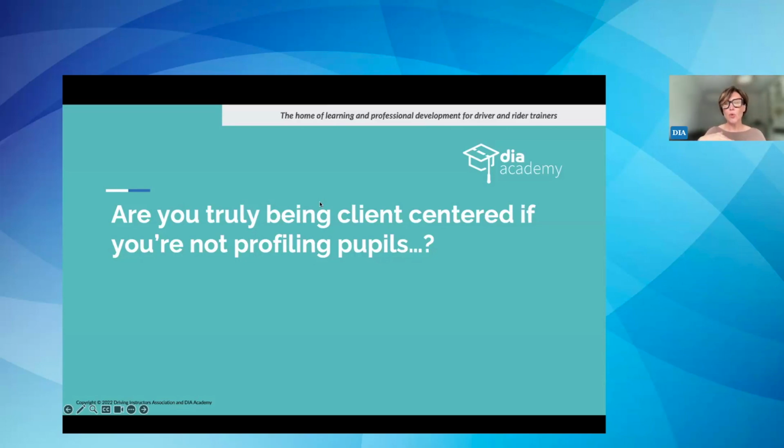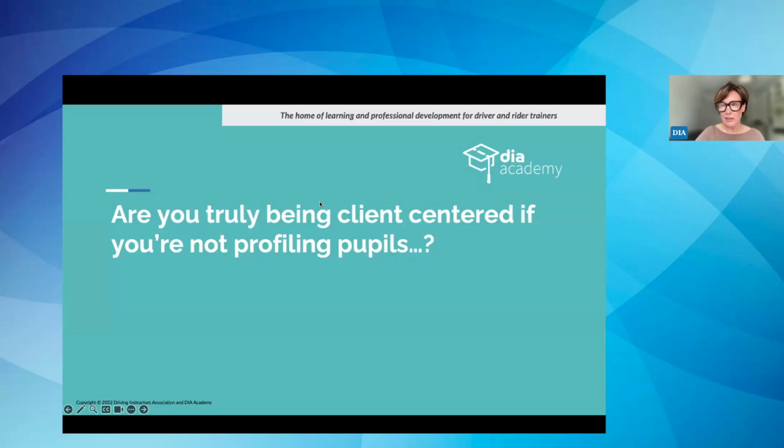Thanks guys for doing that. And again, we're all in the learning journey here. So input your experiences to DIA directly on using pupil profiles, questionnaires, call them what you will, and what are the questions you would suggest we add to this standard profiler that we've compiled as a starter profiler, and also your experiences of using them, what benefits that's derived for your business, as well as the pitfalls.